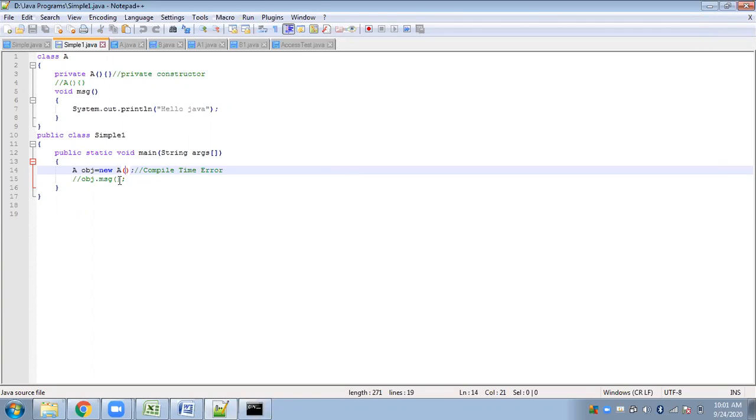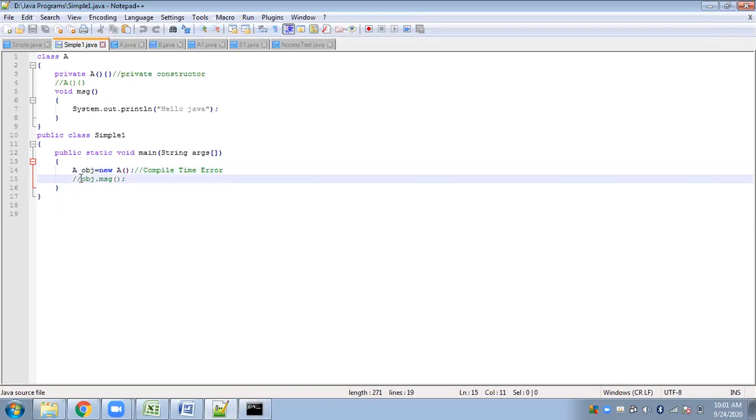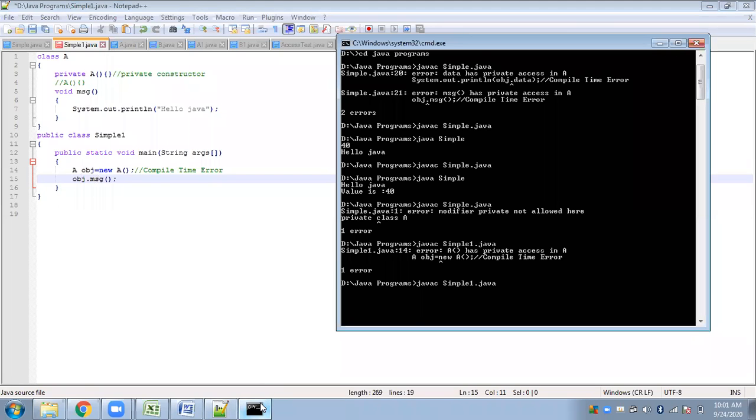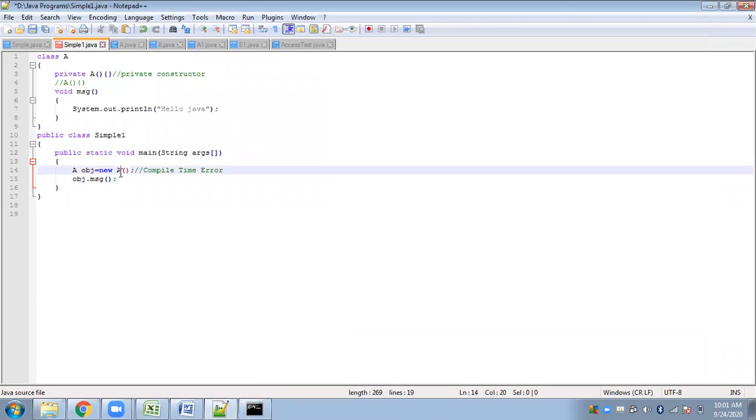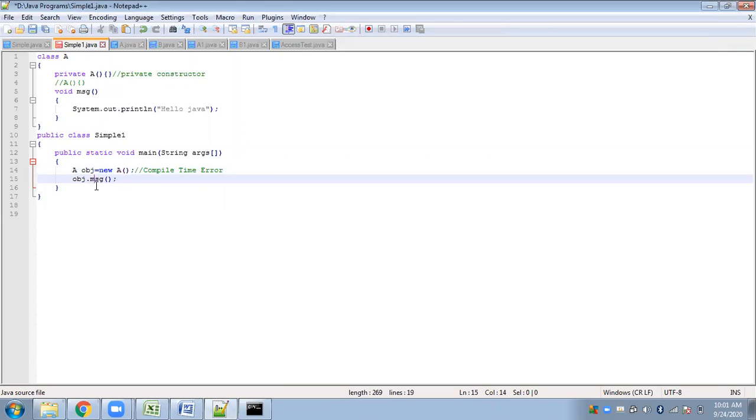Is that fine? Now, because we have not initialized this object, if you try to invoke message from obj, see, we have an error because this is not allowed. We could not initialize the object, and therefore you cannot use this object.